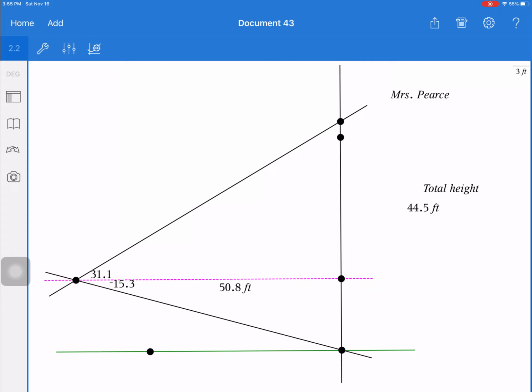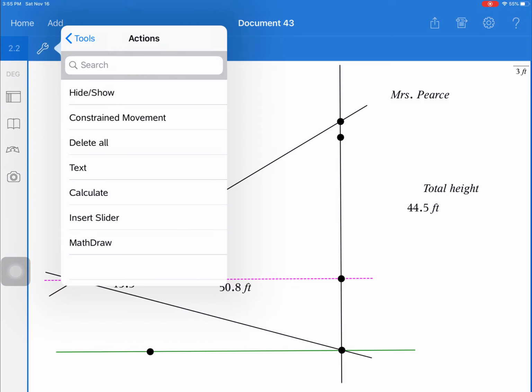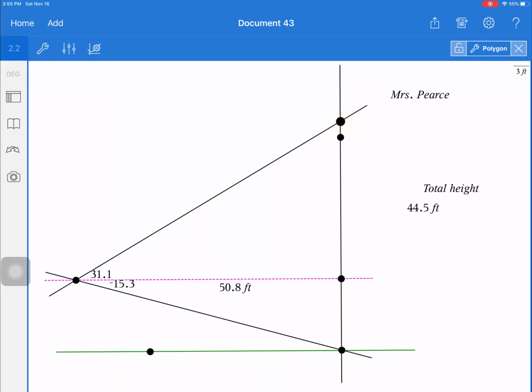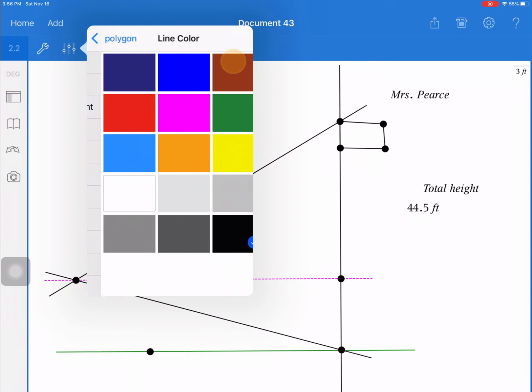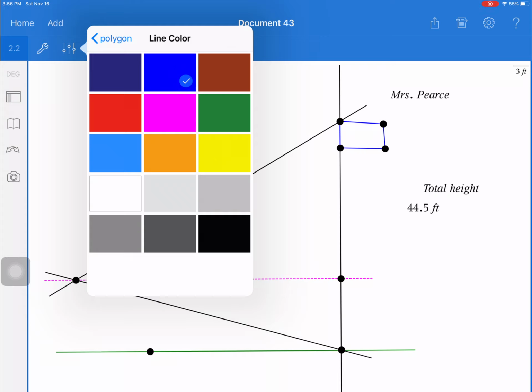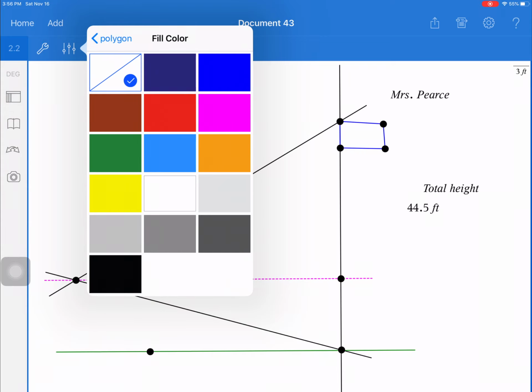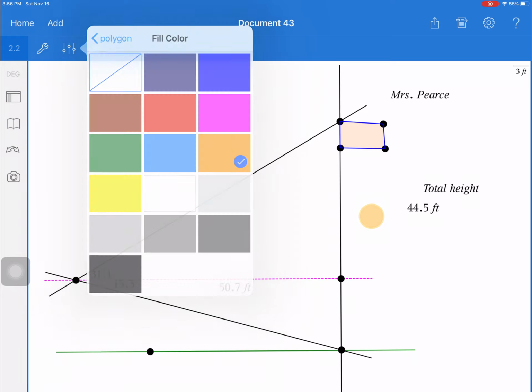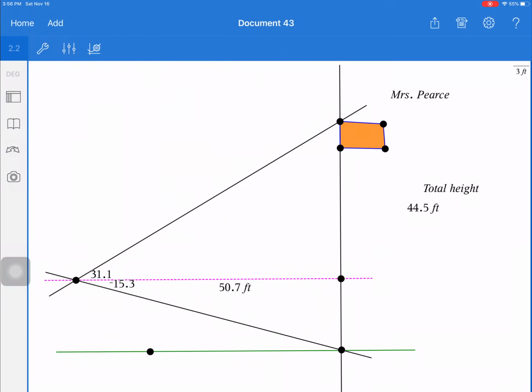So then if you want to add a little bit more, I told you could add the flag in the instructions. It's under embellishments. You can go to menu, go to shapes, go to polygon. So I could just go to the top of the flagpole and tap here and make a polygon. That's really bad. I think you can drag it and make it a little bit better, but you have the idea. So if you tap on that, you can go to fill to make a flag of a certain color if you wanted to. That was actually the border, so let's make the fill orange. And then you can really make it look really nice if you want. So that in a nutshell is a scale drawing, and I wish